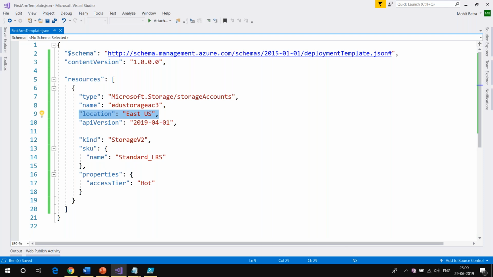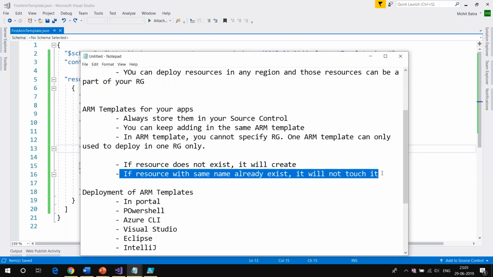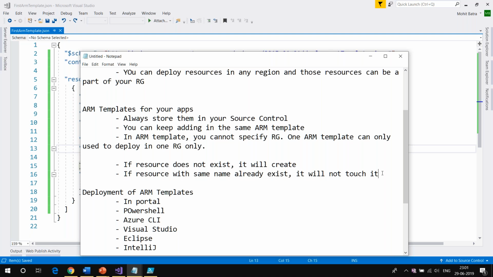And Saish is saying that means no resource is created in the second run. Yes, Saish, when we ran the same ARM template, let me put it back. When you run the same ARM template, if the resource already exists, it is not going to be recreated. Guys, remember, as I wrote here, if the resource already exists, it will not touch it. Now think about it this way. If every time I run it, it deleted my storage account and recreated it, I would also be losing my data. Because it is not touching it, I'm not going to lose any files which are there in the storage account.